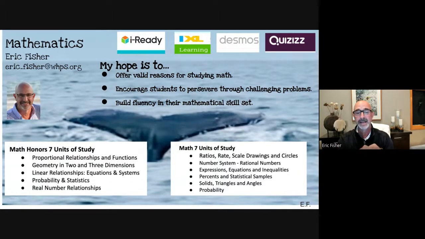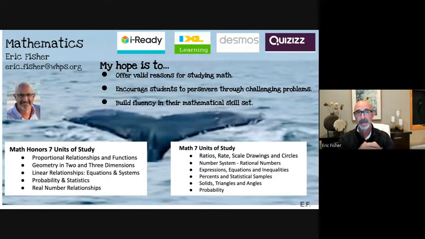And then finally, the second bullet there is probably to me the most important skill that I'm trying to get across to the children this year. And that's, in the world of math as in the world of life, to teach them to persevere and to create just a little more work ethic in terms of working through things that aren't so easy. It's very easy for kids to give up on math problems when they don't understand them. So I'm really trying to promote and facilitate this kind of persevering way through the year.